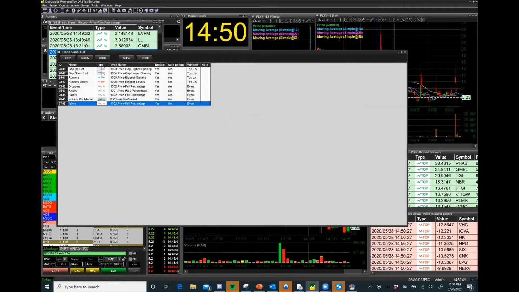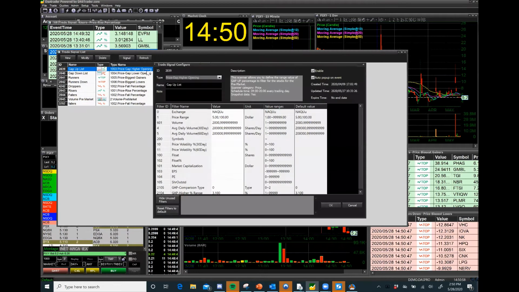So I set up a gap up list. This is for stocks that are gapping up on open. This is a pre-market scanner. And what it does is it creates a top 10 list. So now this is what it looks like to go in and to actually configure it. You have the ability to configure by price, by volume, by average daily volume of 30 or 60 days, what symbols you want to scan for. If you want to make it a little bit narrower, I'll have everything being scanned, everything that fits this price